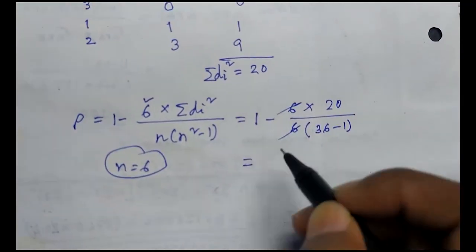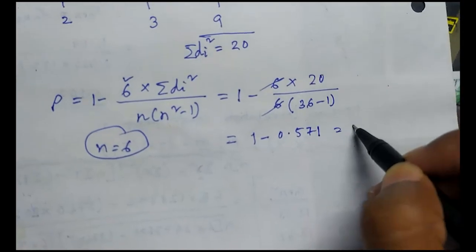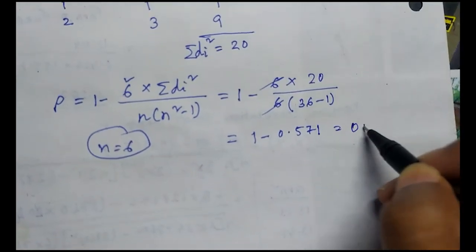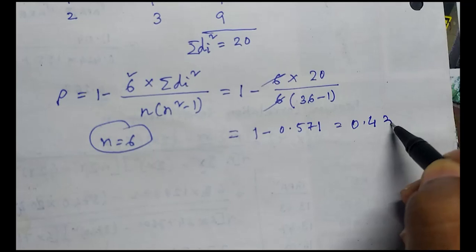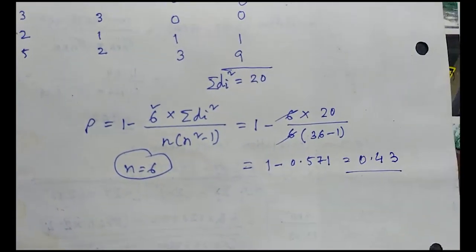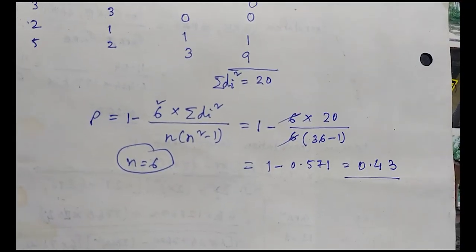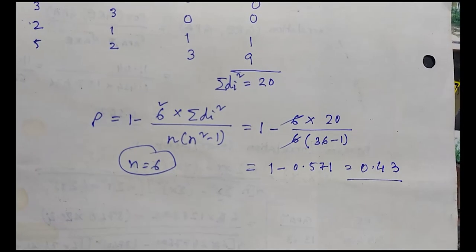Now this will be 1 minus 0.571, which is equal to 0.43. This is the simplest formula by which I can find out the Spearman rank correlation between the variables GRE and